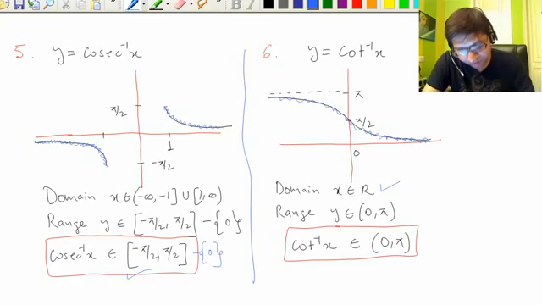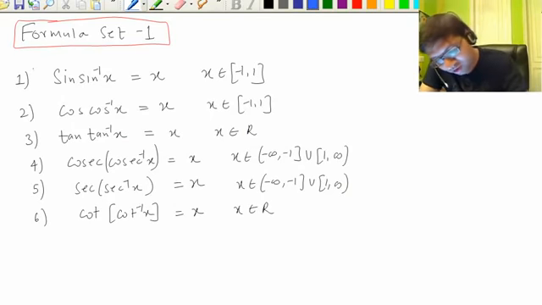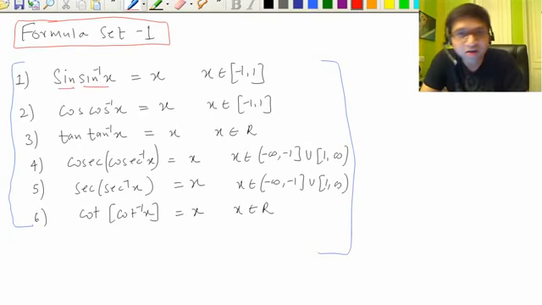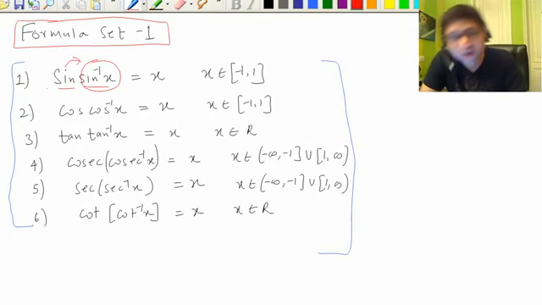Right, now we'll move to the next thing. Next thing is formulas. Though it's already done in the module, here I have grouped similar formulas into one set. So the most fundamental formulas are this formula set 1, right? What you have to observe here is sine inverse is inside, and sine is outside. So this angle is inside, and we are taking the ratio sine of the angle.